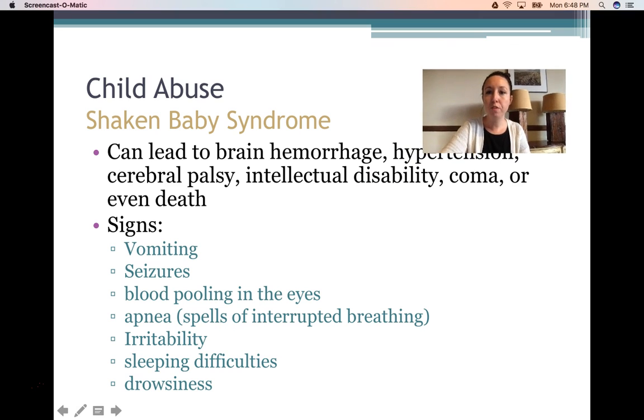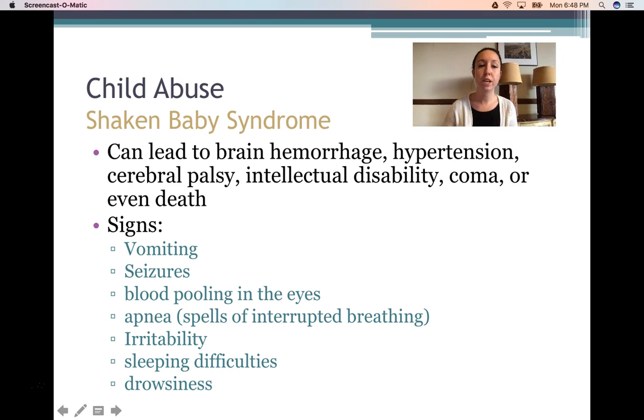So, some specific types of child abuse. One is shaken baby syndrome. This can lead to brain hemorrhage, hypertension, cerebral palsy, intellectual disability, coma, and even death. Signs are vomiting, seizures, blood pooling in the eyes, apnea, so spells of interrupted breathing, irritability, sleep difficulties, and drowsiness. This again